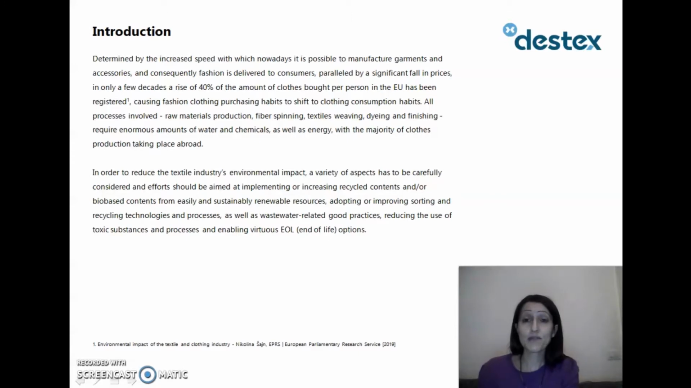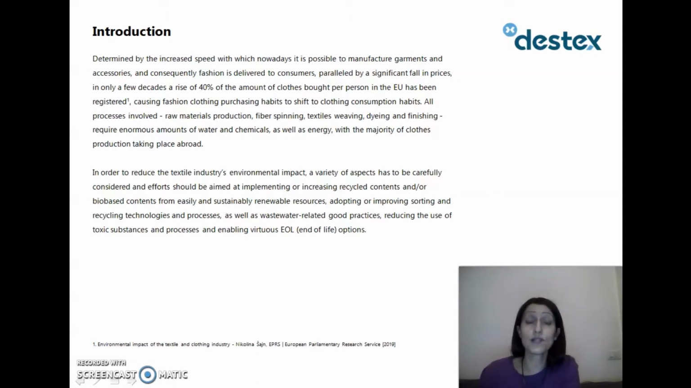Determined by the increased speed with which nowadays it is possible to manufacture garments and accessories, and consequently fashion is delivered to consumers, paralleled by a significant fall in prices, in only a few decades a rise of 40% of the amount of clothes bought per person in the EU has been registered, causing fashion clothing purchasing habits to shift